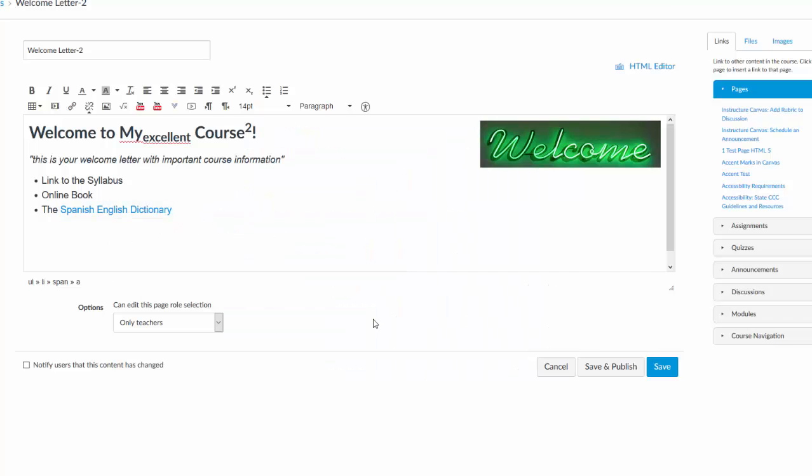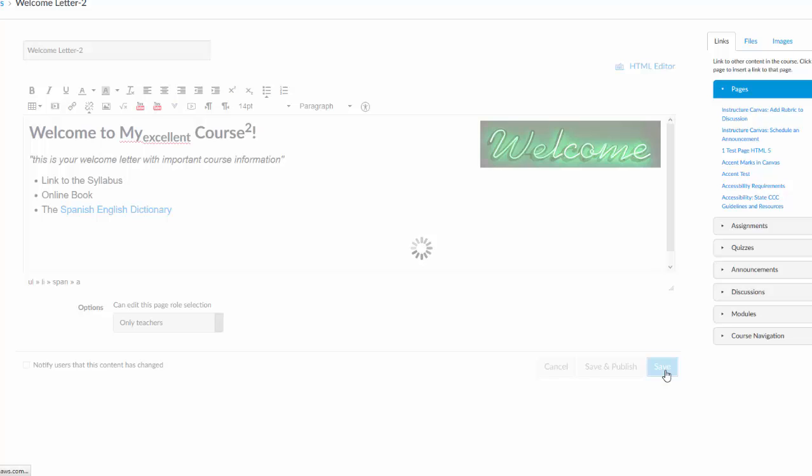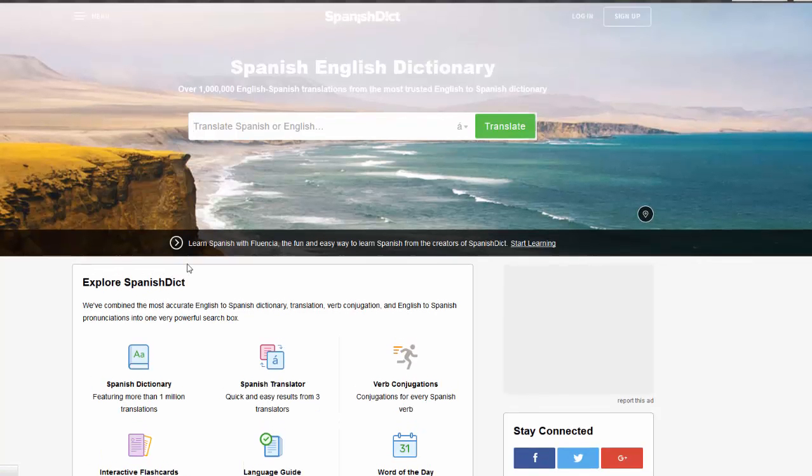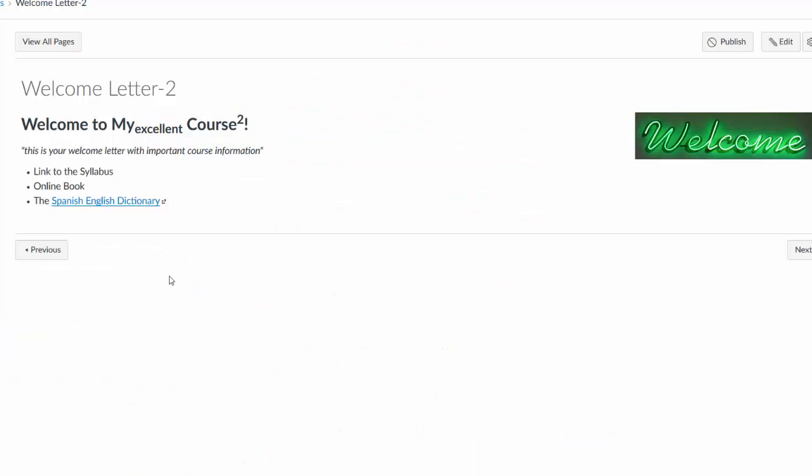And that's what a link looks like in Canvas, right? So it's got a nice little link. It's underlined when you roll over it. If you click Save now, you've got a nice little page here, and a nice little link. And notice the link takes them out of the site, but still, you're giving them a valuable resource for your